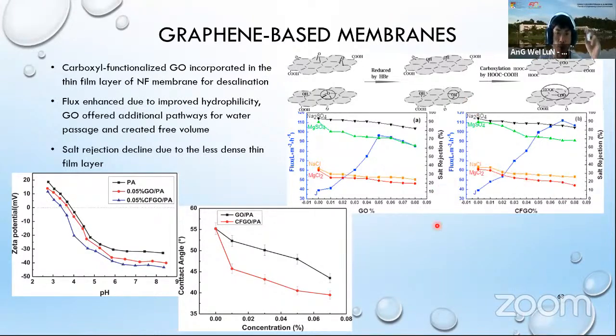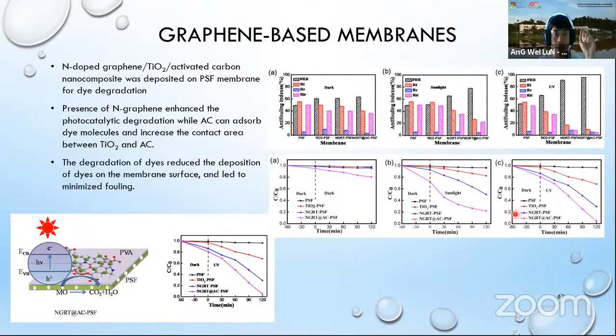So it's very important for you to decide and to determine the proper formulation, such that when you get the improvement in flux, it won't compromise your rejection performance. And then this is another case of having titanium oxide for degradation performance. And I'm